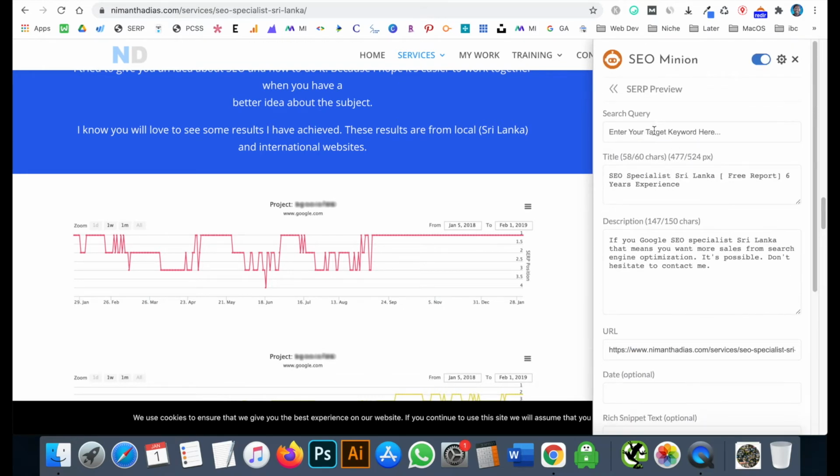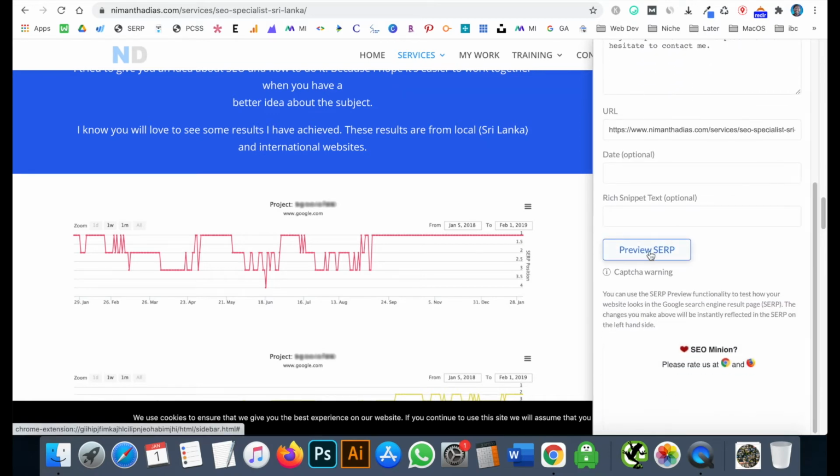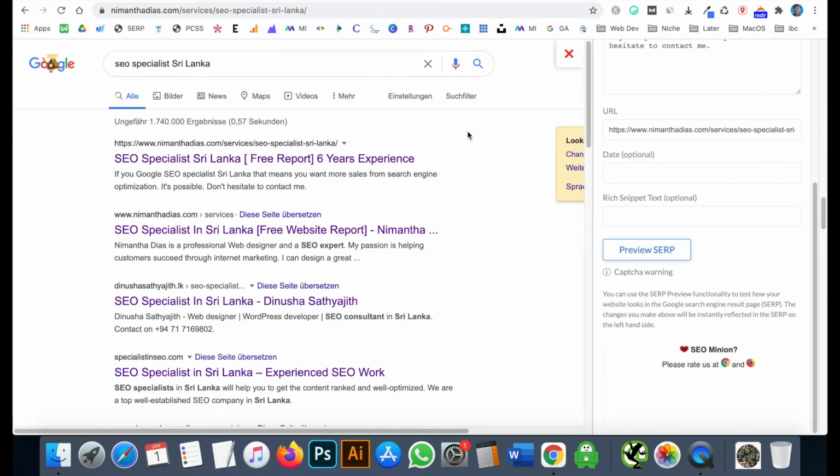Let's say the search query: SEO specialist Sri Lanka, and then preview SERP. So you can see how it looks. This is the main thing, right?